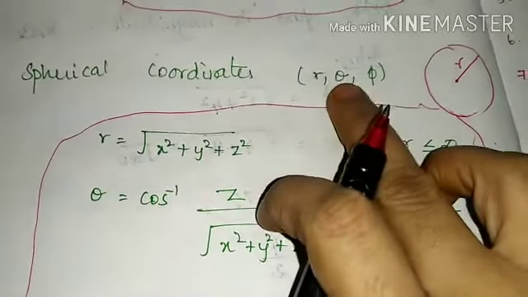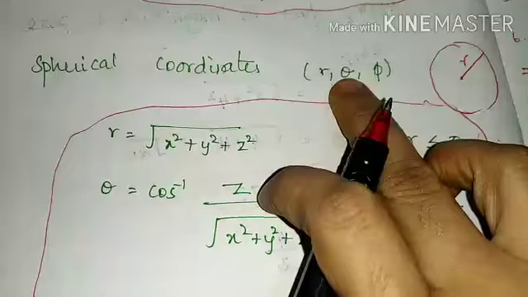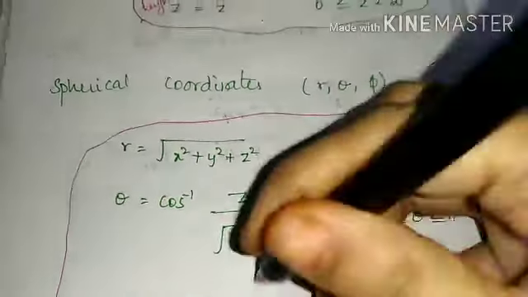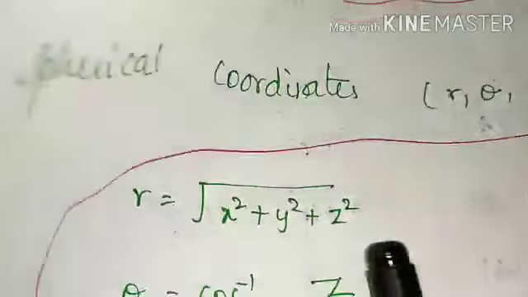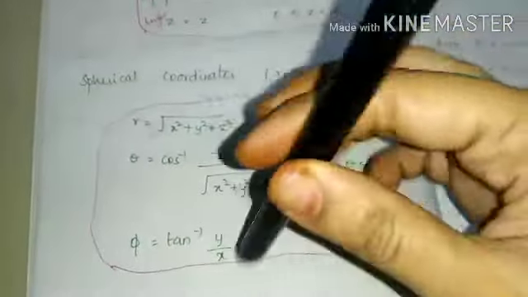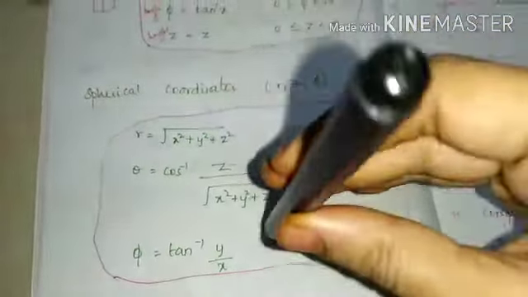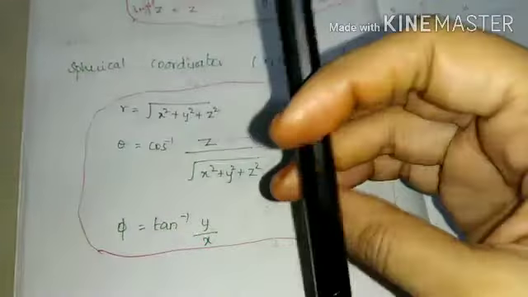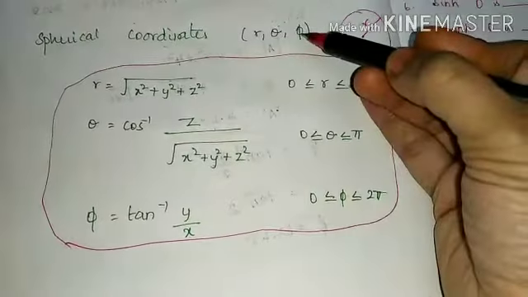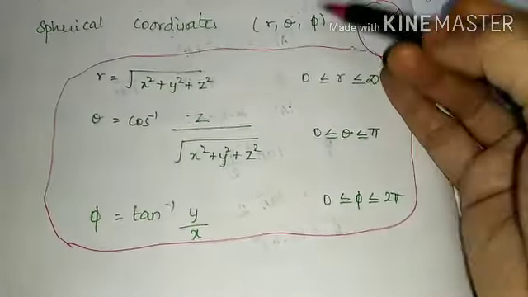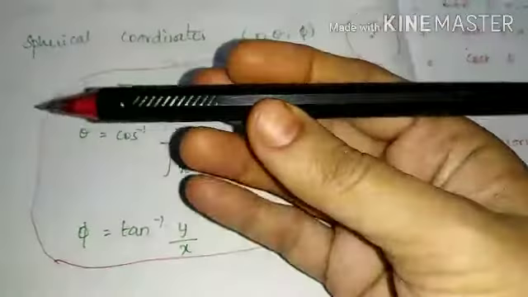And our next one is theta. Theta is the elevated plane rotation. Elevated plane in the sense, the rotation in the vertical direction. It will rotate like this, in the perpendicular direction. Have you understood how it is rotating? It will rotate like this. This is said to be the vertical rotation. In the phi direction, the third coordinate is phi. Already we have seen the phi rotation in cylinder, right? The same over here. It will vary like this.